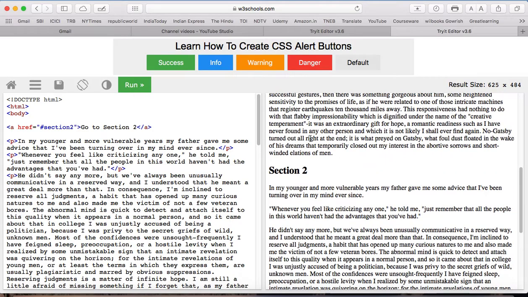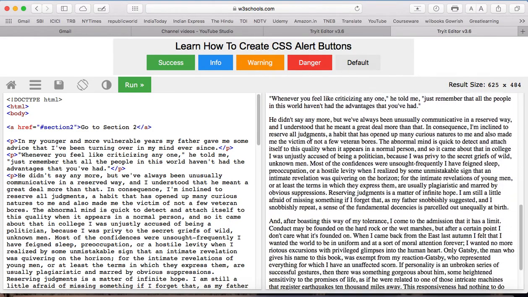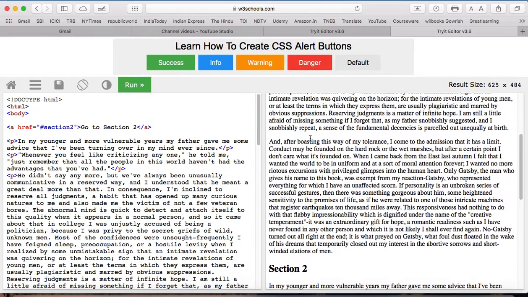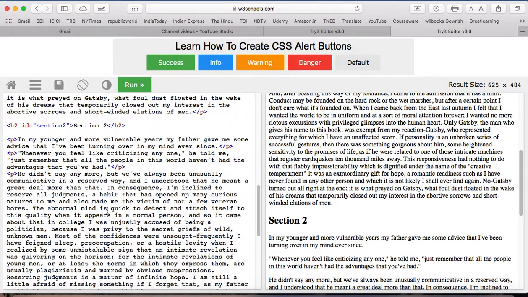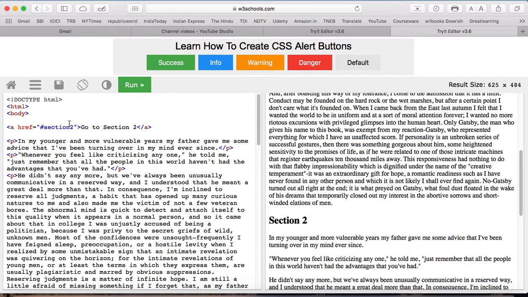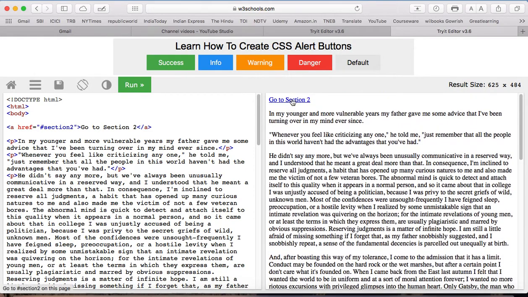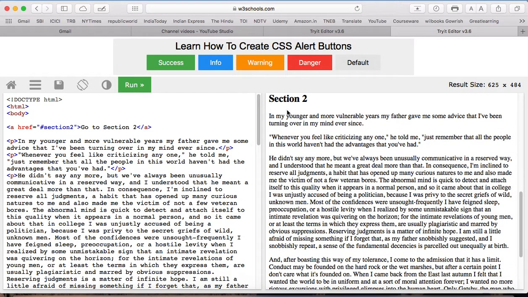When we have a scrollable web page, we can include a link over here. So this section 2 is linked like this. It is an h2, heading 2. Its title is section 2, and here h2 has the id equal to section 2. So this section 2 will be mapped by that section 2. If I click here, it will take me to section 2 of this scrollable web page.